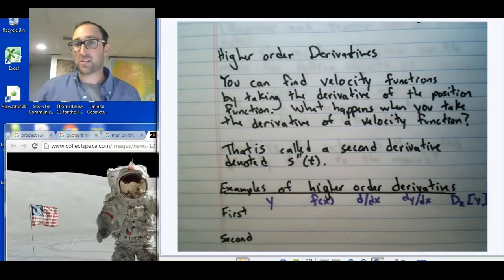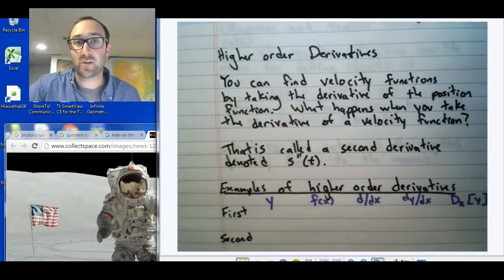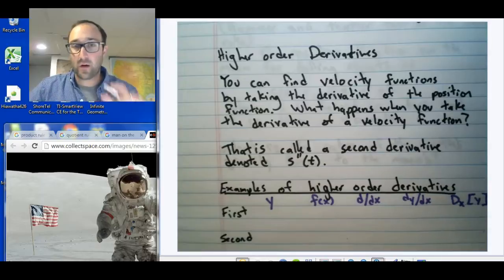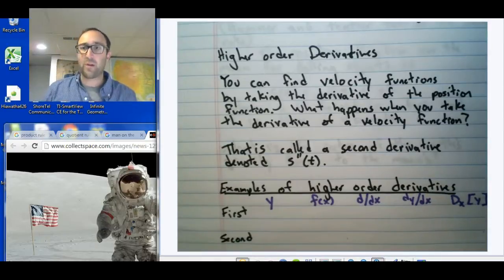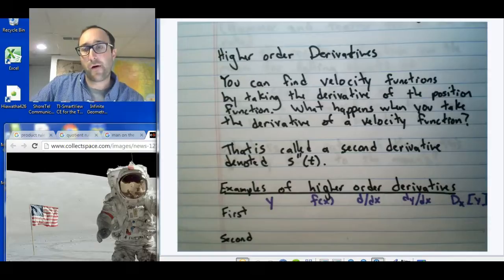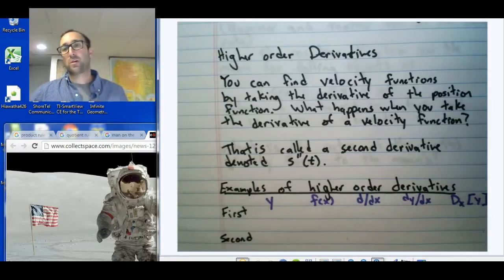You can find the velocity function by taking the derivative of a position function, right? So when we had s of t with the diver and all that kind of stuff, you figured out how fast they were going when they hit the water, right? But what happens if you take the derivative of the velocity function? What is that called? I'm going to tell you later on, but right now we're going to say that this